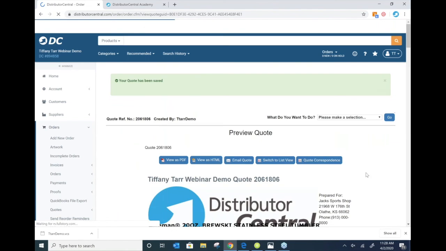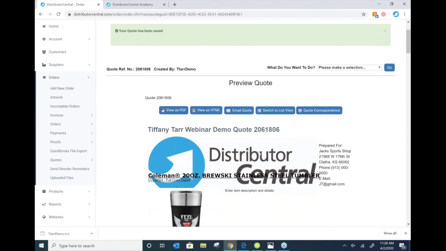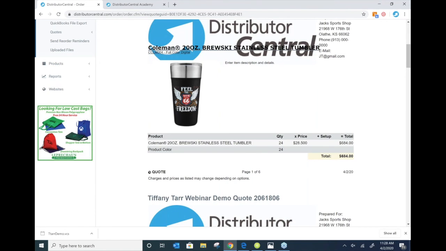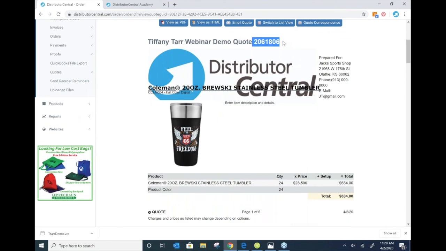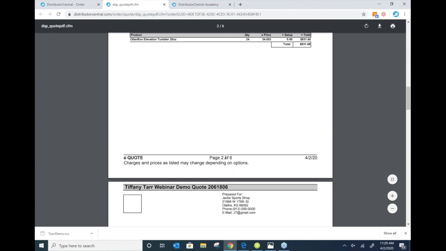it is actually going to generate a quote number. And now I can report back on this. Internally, I can use my reporting tools to report back on all quotes. Once I've done that, I can view it as a PDF, send it over to my customer for viewing. I could email it to my customer, whatever I need to do to get all this pricing and product information